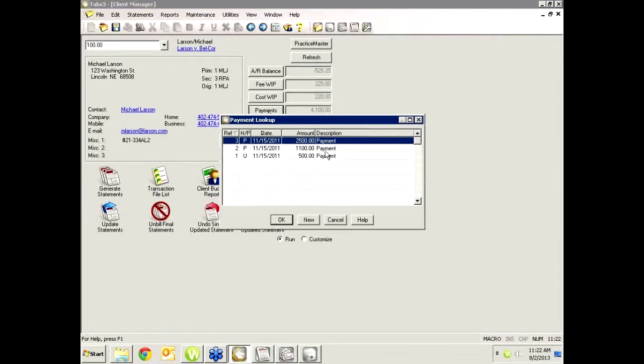Now I should point out that once that $2,500 payment hit Tabs, Tabs then did the other things that it would do with a payment. So here we've written a check or effected an electronic transfer of $2,500 from trust, reduced the client's trust balance by $2,500. It automatically creates the corresponding payment entry in the billing system. And when that happens instantly, it also automatically took that $2,500 and pushed it over to General Ledger